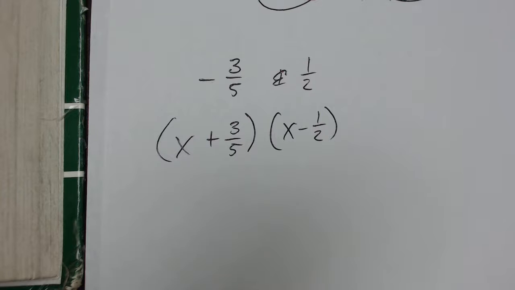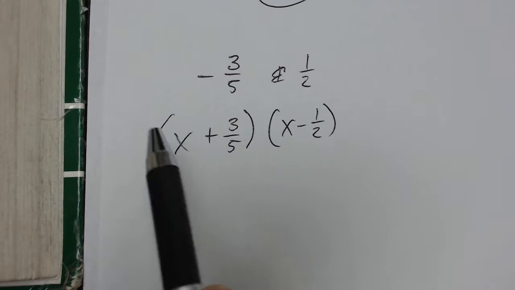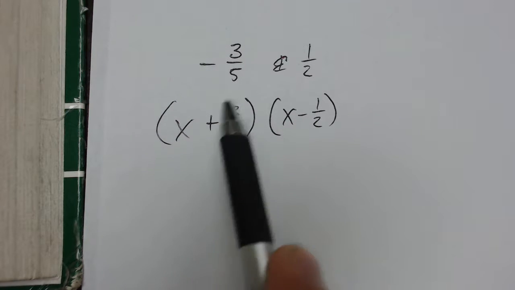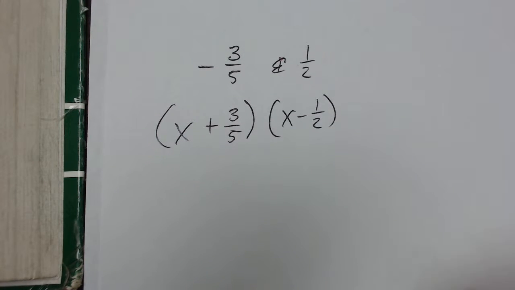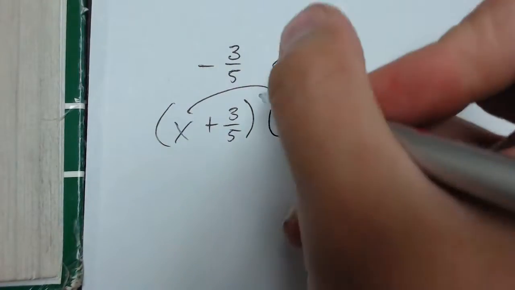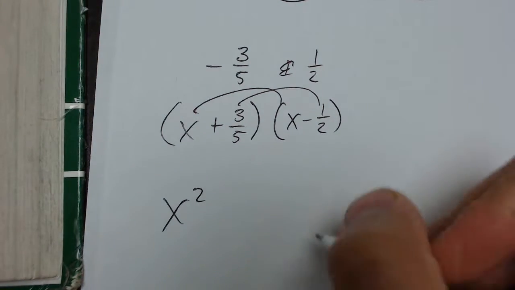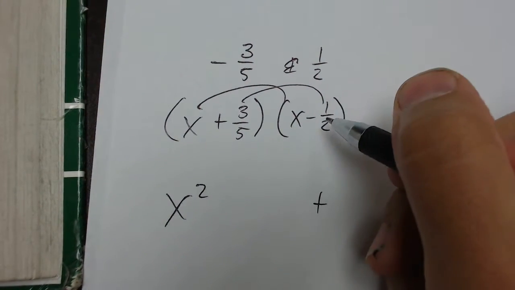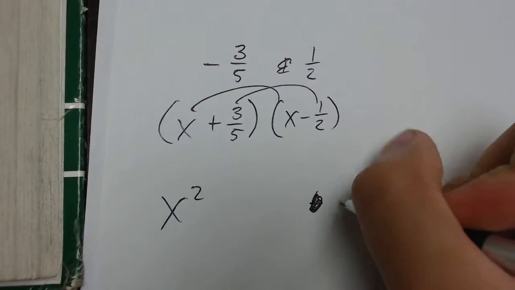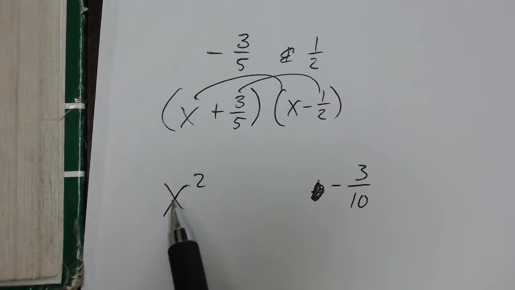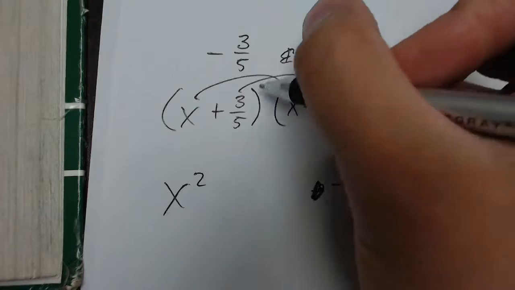So all you have to do when they tell you to write the quadratic that has these two roots is set it up into polynomial form using opposite signs. Yes, the signs have to be opposite. And then you FOIL to get the answer. So x times x is going to give me x squared. 3/5 times -1/2 is going to give me a last term of -3/10. Right, so I've got my first times my first, my last times my last,